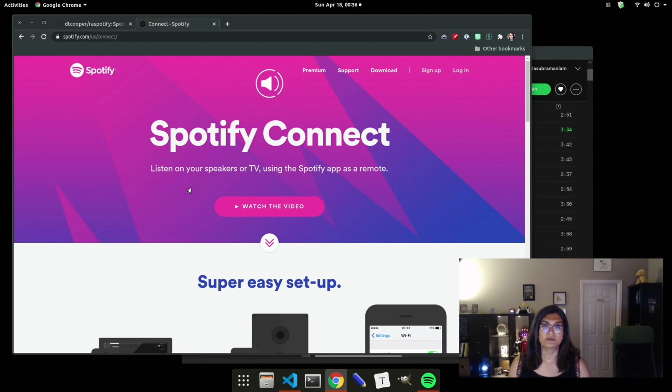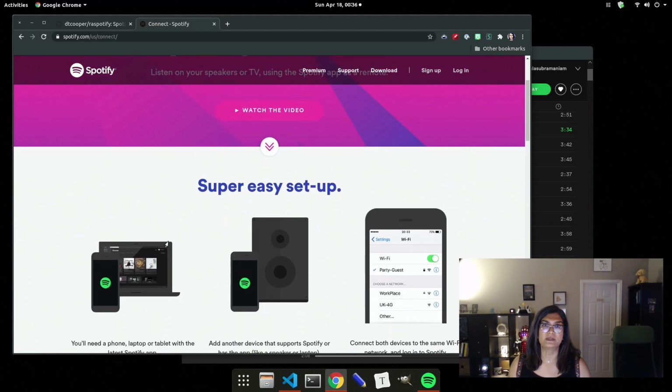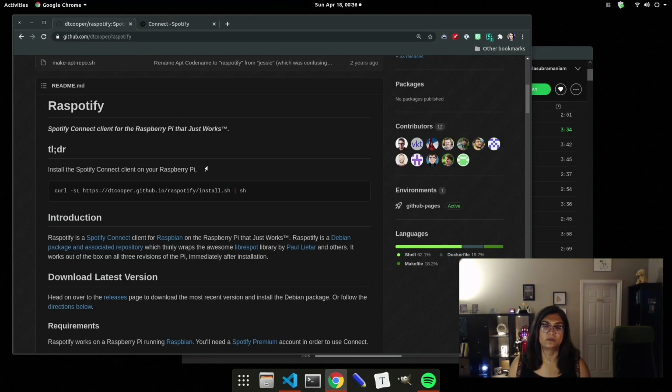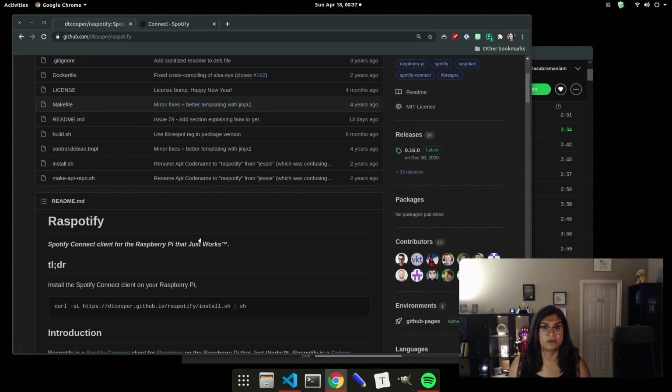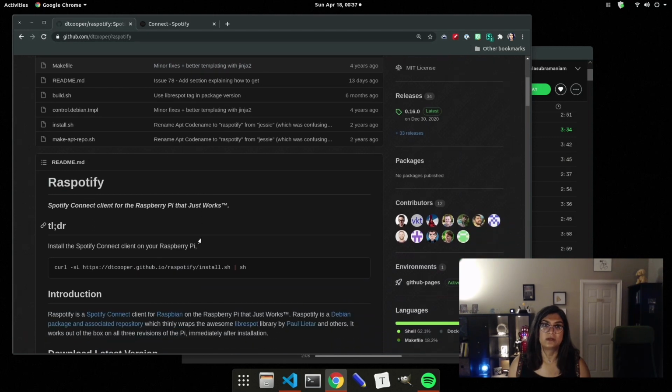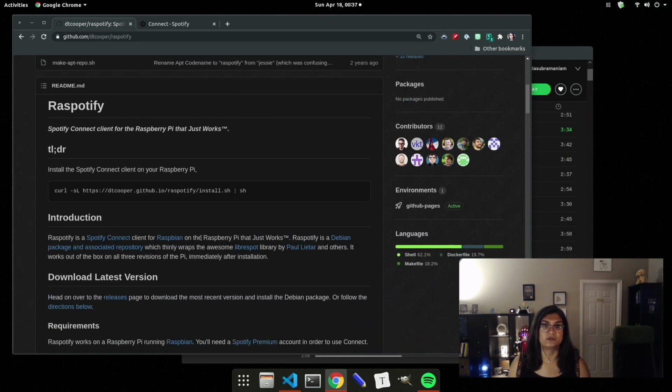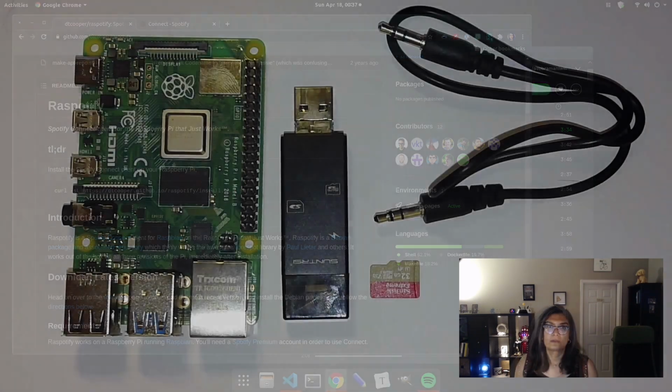For those unfamiliar with these terms, Spotify Connect is a protocol that lets you cast music from your device running Spotify to smart speakers that can then carry on playing that music for you. Using this, your music can follow you around as long as you have devices to cast your music to. Raspotify is an open source implementation of Spotify Connect for the Raspberry Pi, which means instead of spending money to buy a smart speaker like Sonos or Echo with all the problems it entails, you can use a Raspberry Pi connected to any speaker of your choice instead.